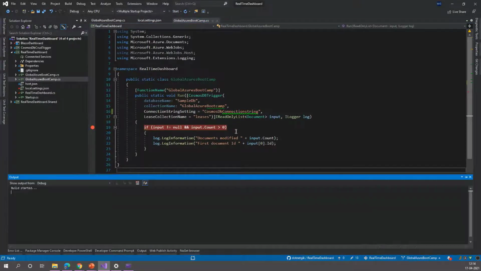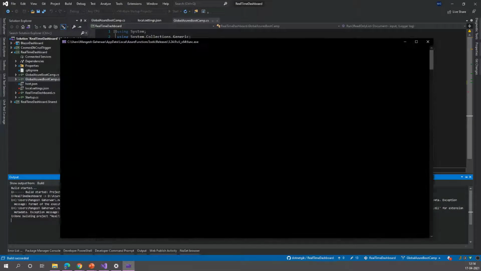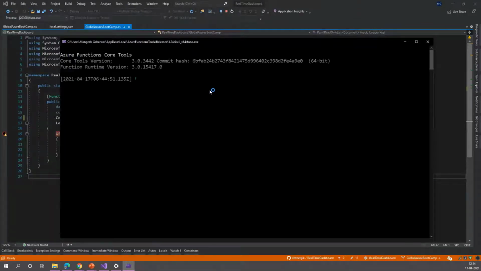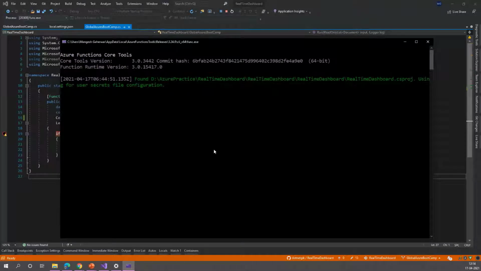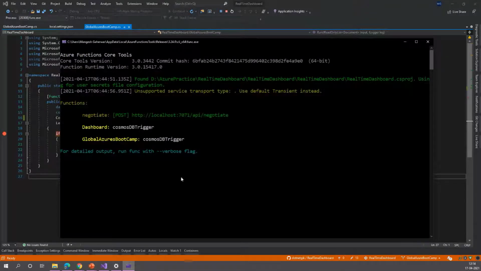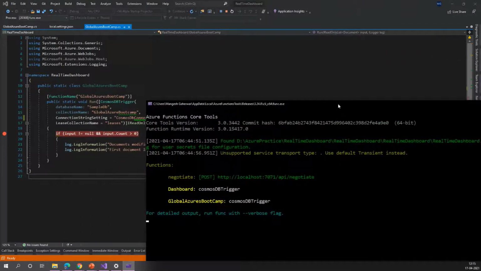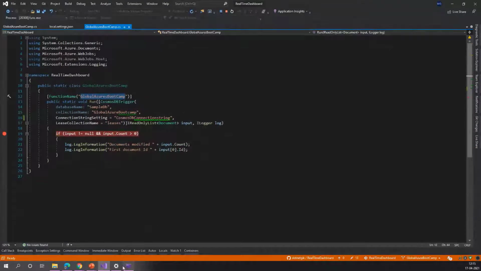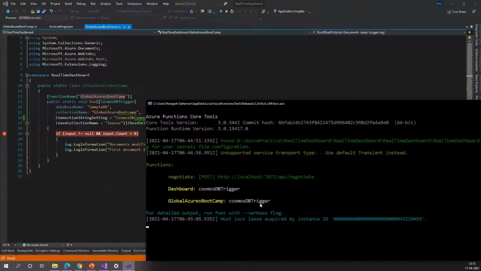Let's try and run this. So this is our function which is running. Here you can see we have added our function, Global Azure Bootcamp, and here it is running, which is a Cosmos DB trigger.